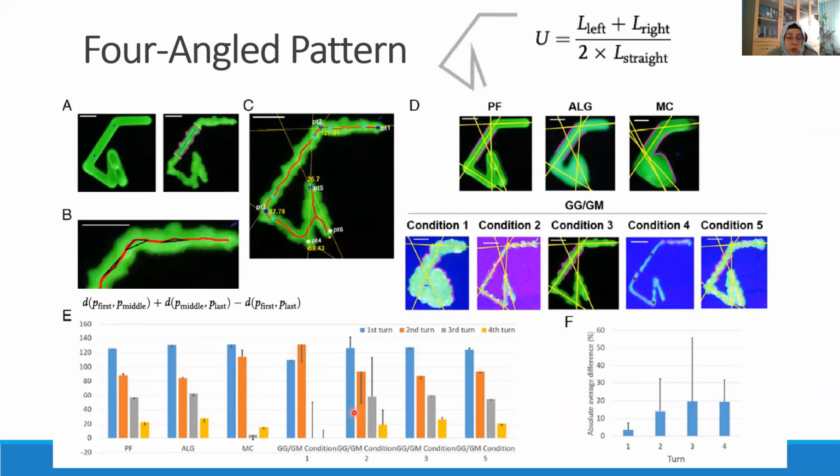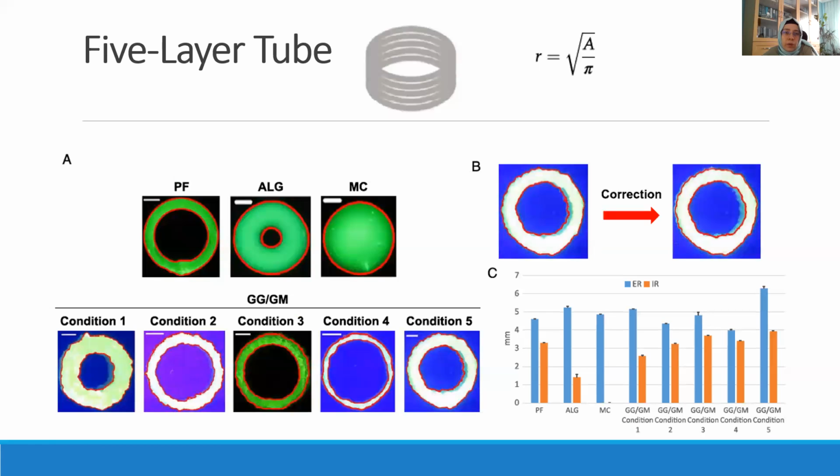And in E, the automatically computed angle of each turn is shown. And error bars show negative and positive errors compared to manual measurements. In condition 1 here, turn 3 and 4 are not reported since they could not be detected due to deformation of the structures. As you may see, here is a deformed part and we couldn't report it. And in F, the absolute difference of automatic and manual measurements for each turn across bioinks and conditions is expressed as mean and deviation. And here for the 5-layer tube,